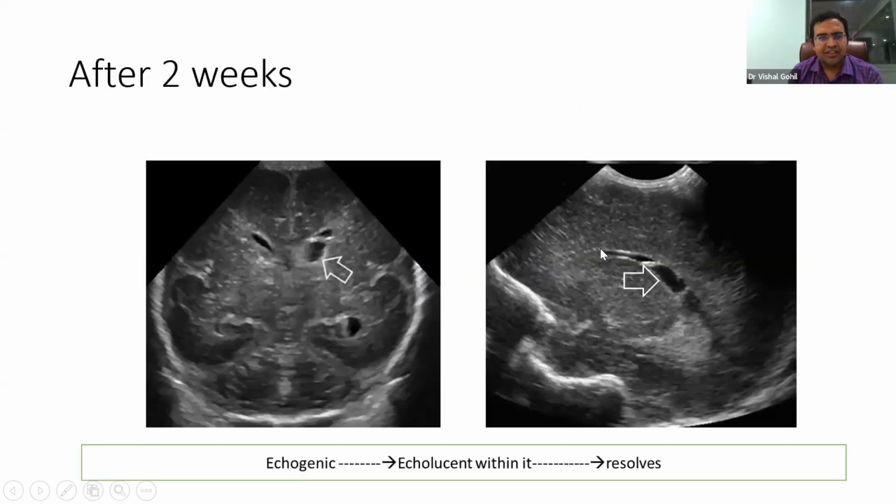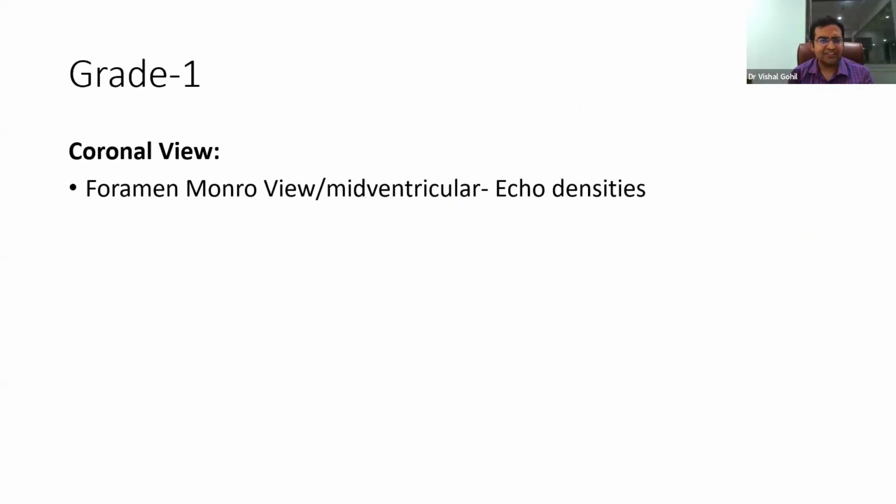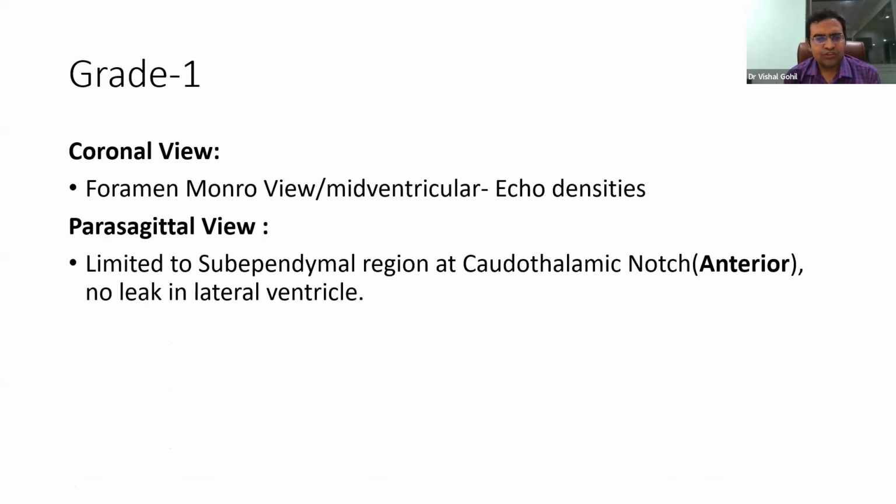Clear till now? Now, what will happen if we monitor this grade 1 IVH? Most of the time, it is less likely to have ventricular dilatation, which would be less than 3%. It is initially echogenic, followed by becoming echolucent within it, and it resolves within 2-3 weeks. So if I summarize grade 1, in the coronal view, you can see in the foramen of Monro view and mid ventricular view, echo density in the lateral border of the lateral ventricle, mostly remaining in the germinal matrix. In parasagittal view, it is limited to the subependymal region, anterior to the caudothalamic notch, with no leak of blood